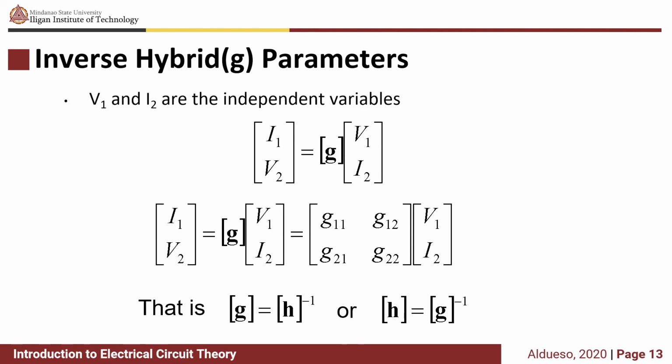The inverse hybrid parameters, or the G parameters. So for the G parameters, V1 and I1 are the independent variables. So we have this form, matrix I1 V2 is equal to the G parameters times V1 and I2. If we take a look at the equation, we can see that G is just the inverse of H, or H is just the inverse of